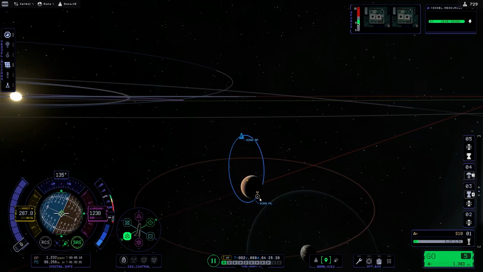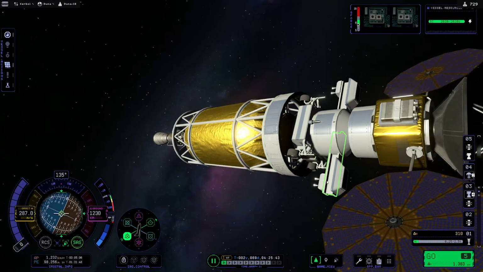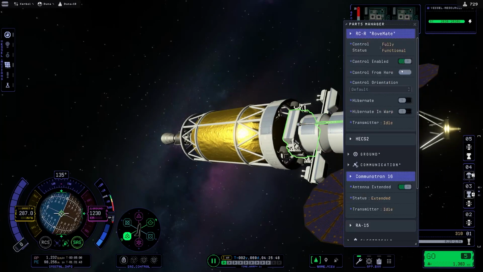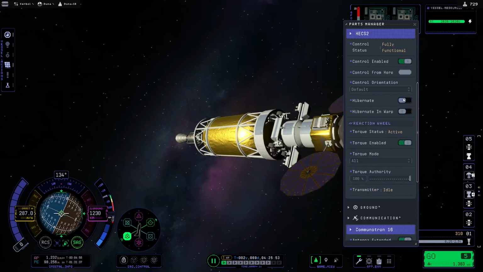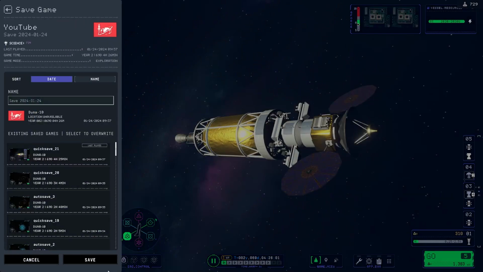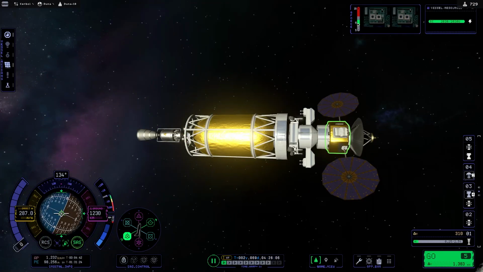Do I want to leave the satellite? I think the satellite we're going to jettison now. Let's make sure we extend the antenna. We will turn control enabled. It is. Hibernating, no. Before I screw up, let's quick save again. Let's actually do just a full-on save. It's a little bit easier for me to find. So this one...